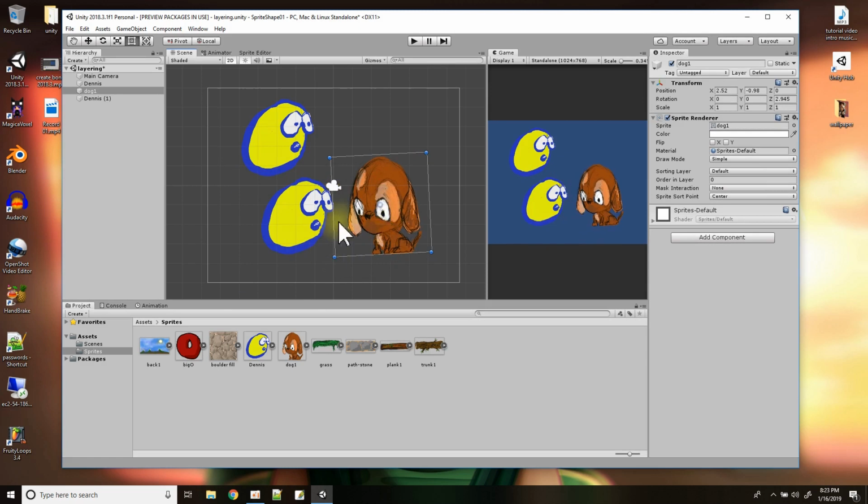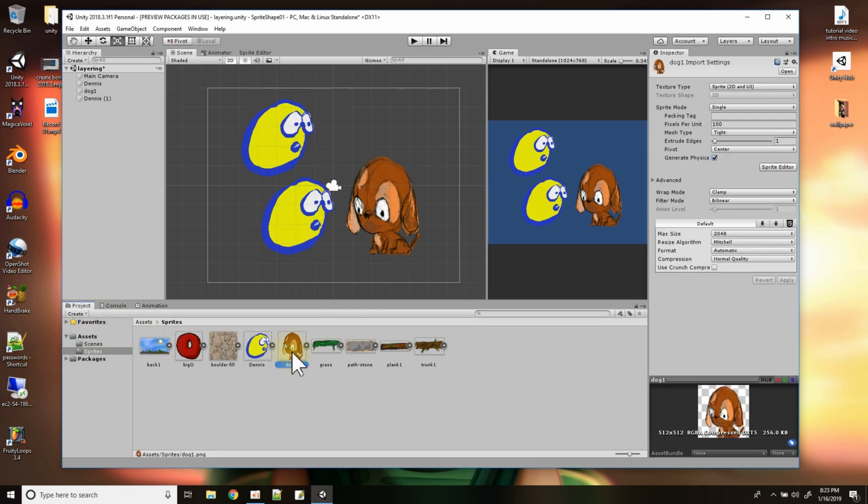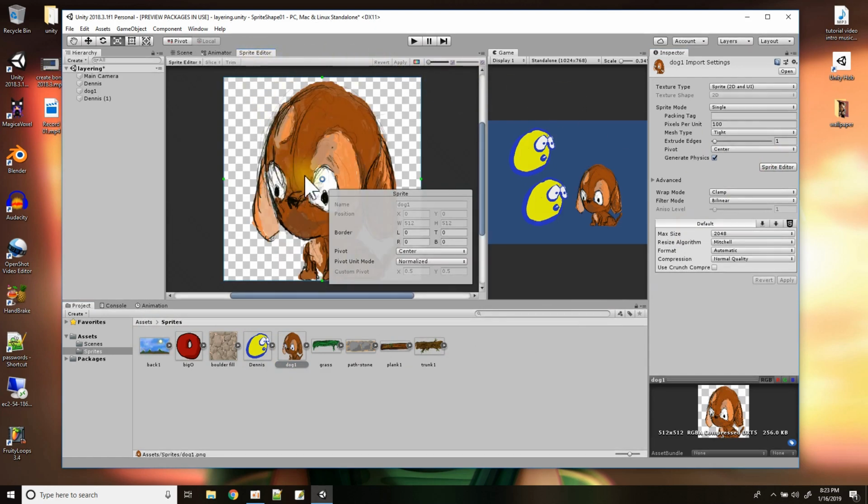But what we really want is for the pivot point to be at the feet, because that's the point where we imagine our characters touching the ground. So I'm going to change the pivot point of the sprites from being in the center of the sprite to being down by their feet. To do that, I select the sprite in the assets window. Here's the dog, and I go to the sprite editor. Now in the sprite editor,